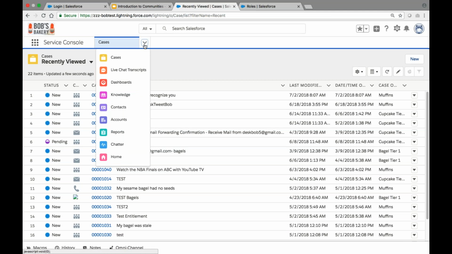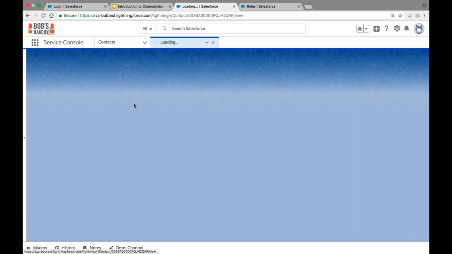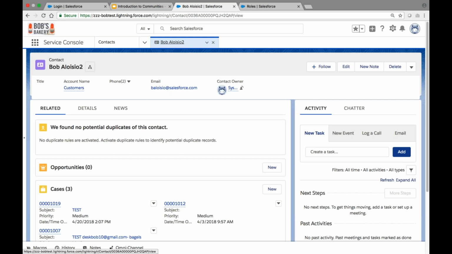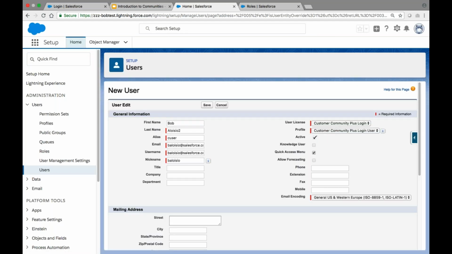Select Contact from the navigation drop-down list, and then find the user that you want to add to the profile. Click the down caret in the upper right-hand corner of the screen and select Enable Customer User. This will bring up the user's profile.